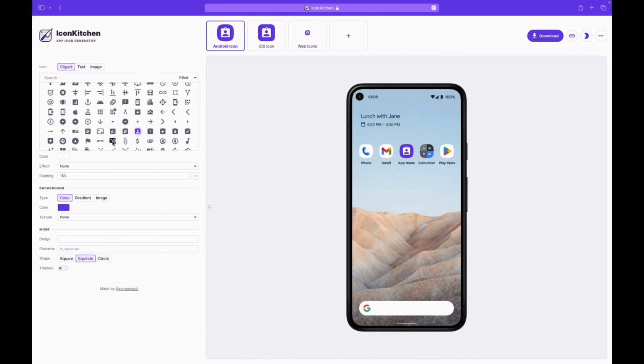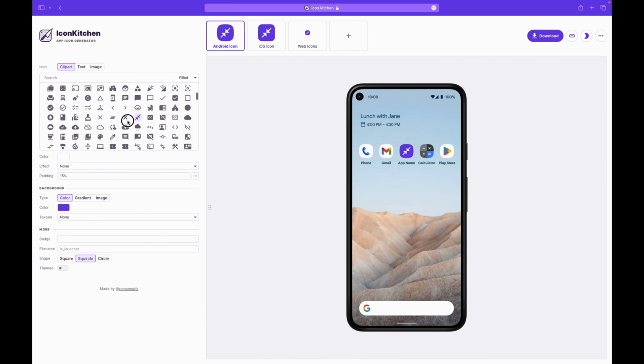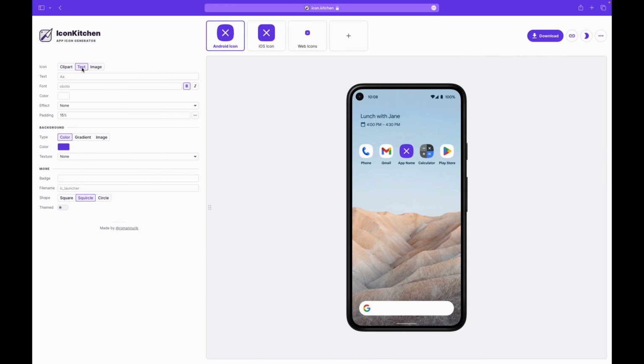So as you see, we can select any clip art we want, and we can also set text, for example WP, I don't know. We can change the font, we can make it bold or italic, and yeah, of course we can change the background,